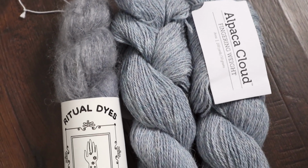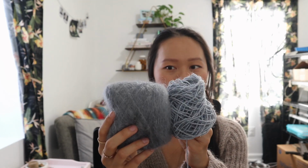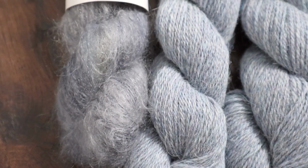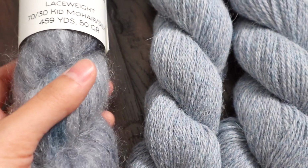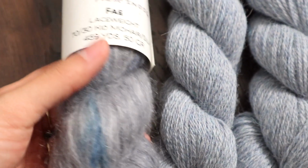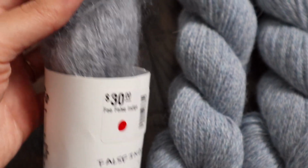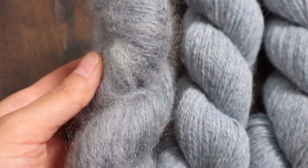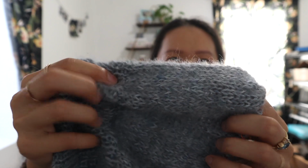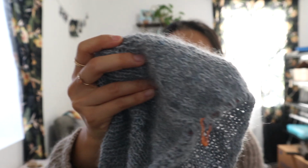It's called Alpaca Cloud, and the colorway is called Anna, and I just thought that they were such a nice color match. This mohair has little hits of a brighter cobalt blue and also just a tiny bit of green as well. But mostly it's this really nice dusty blue color that I absolutely love. And paired together with the alpaca, I think it just is such a beautiful effect. There is some slight variation when those hits of brighter color come in, but overall it's just mostly that